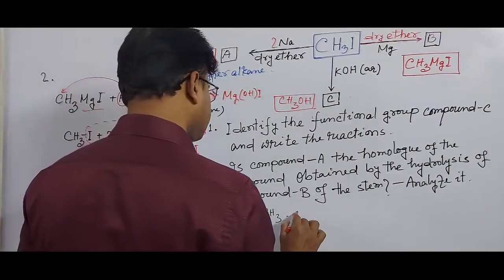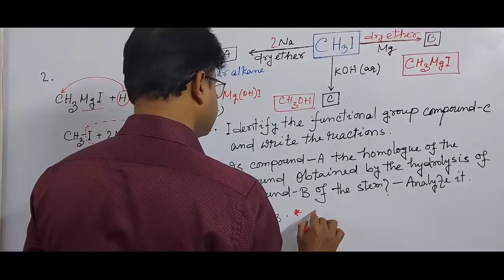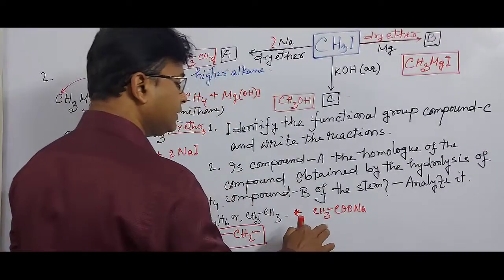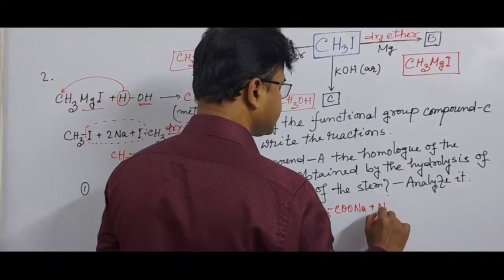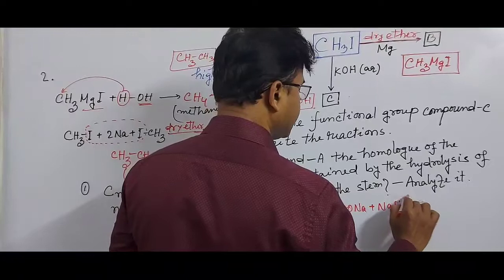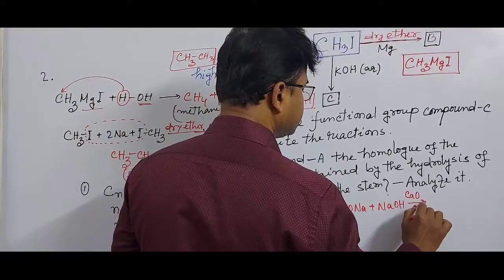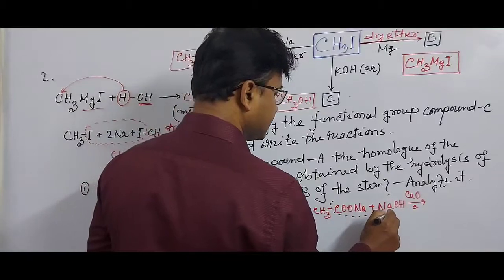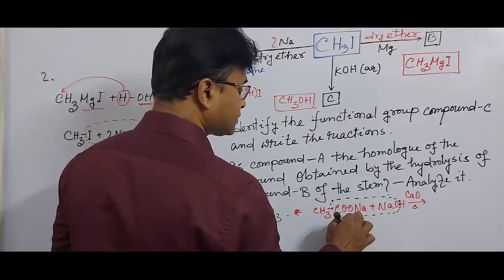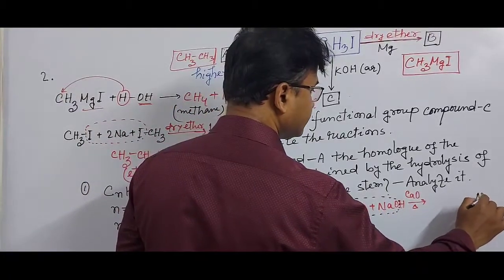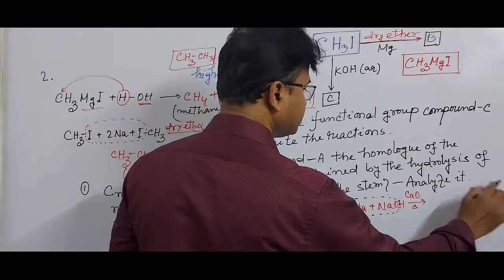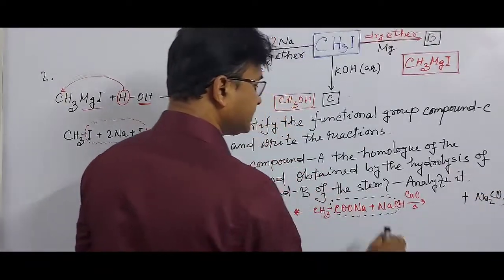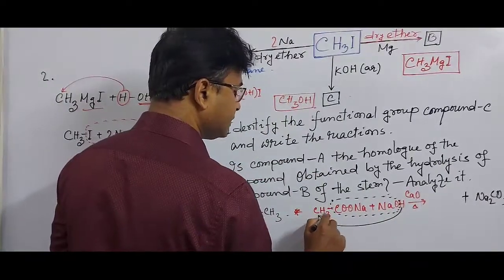Students, you know that CH3COONa, this is the sodium salt of a fatty acid, is heated with soda lime, sodium hydroxide and calcium oxide. Then methane is produced here. This part will combine together to produce sodium carbonate. There are two sodium atoms, that's why it will be Na2, and there is one carbon atom, and there are 1, 2 and 3 oxygen atoms, that's why it will be Na2CO3,